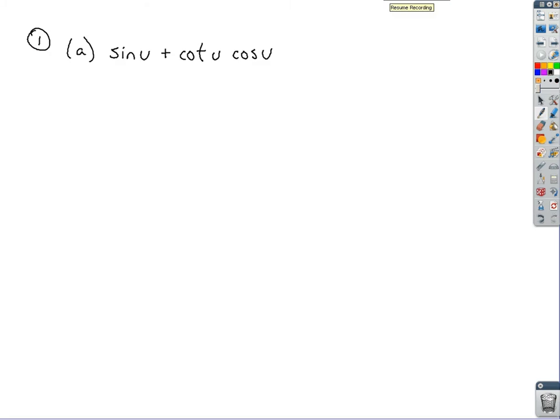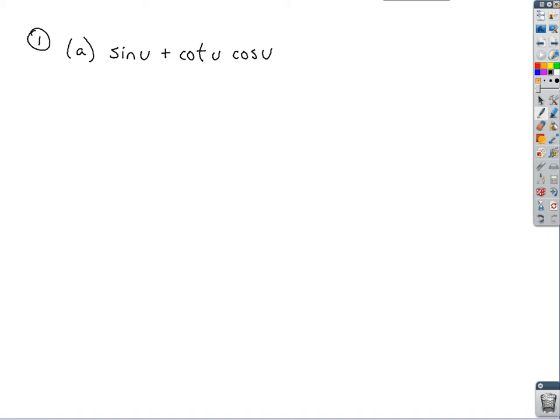All right, I want to review with you guys some strategies on how to simplify trig expressions. We'll also run through some examples in this video of how to verify certain equations are true. But given this expression here on 1a, where I've got the sine of u plus the cotangent of u times